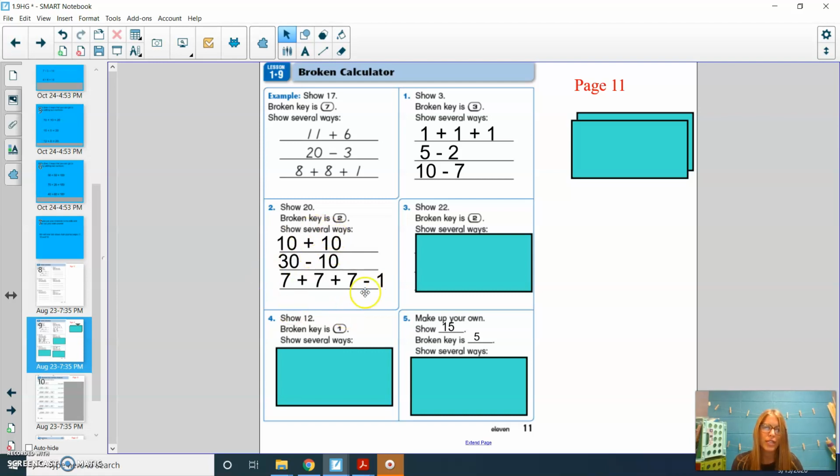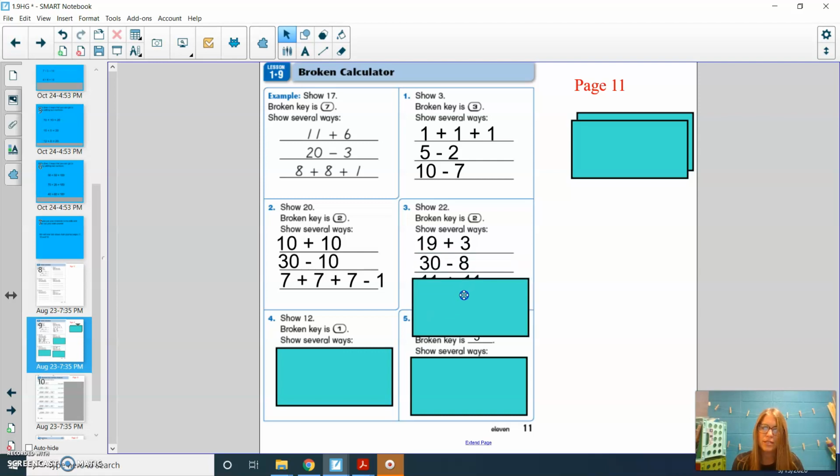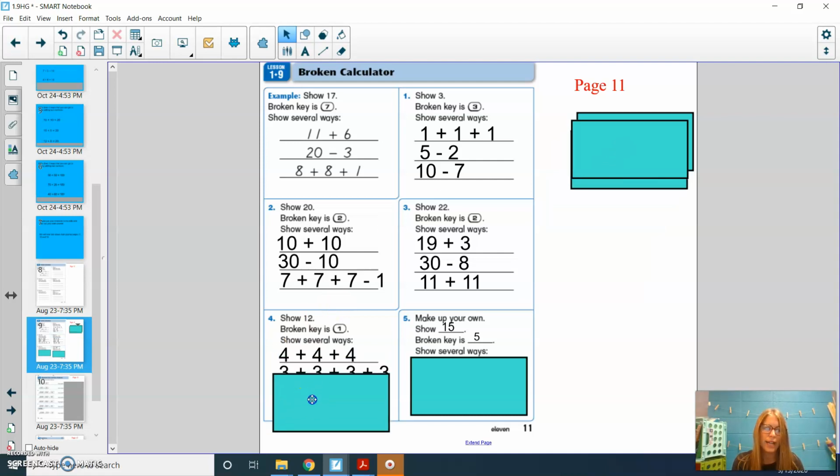Notice how in all 3 of these problems, I did not use a number 2. And if I'm going too fast, you can press pause in between each example. To show 22, I did 19 plus 3, 30 minus 8, and 11 plus 11. To show 12, I did 4 plus 4 plus 4,